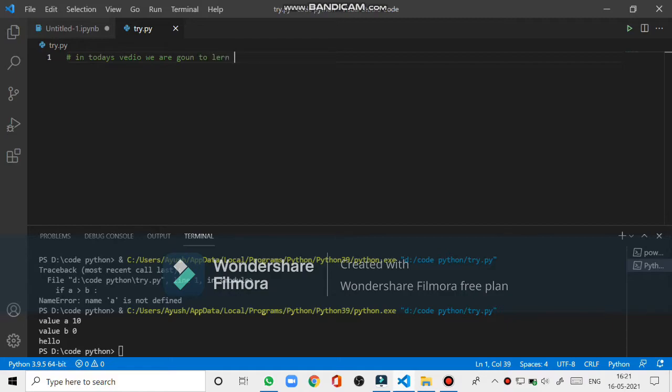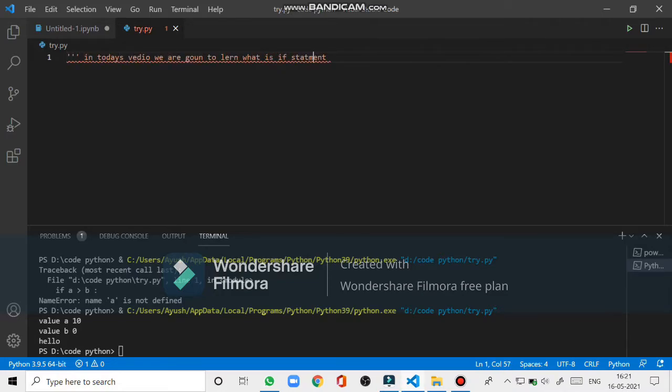After writing this comment, what the if statement means is that it checks whether the statement is true or false. If the statement is false, then the piece of code which you have written under the if will not get executed.